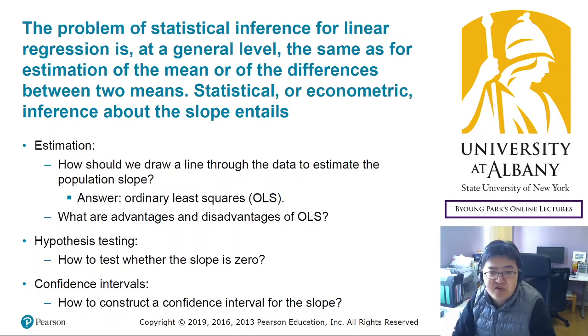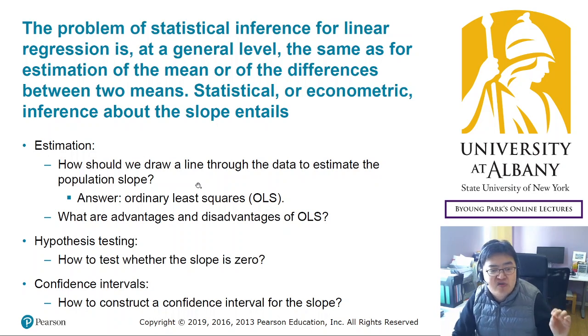Because basically we are using conditional averages, so that's just a kind of average with a little variation from the simple averages. So in the end you can apply all the methods you used to infer about the mean to the regression models. So for example, in terms of estimation,